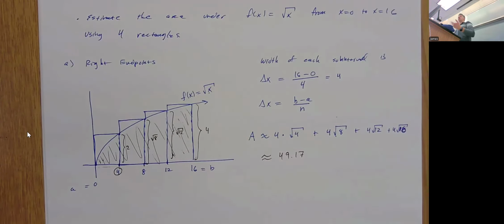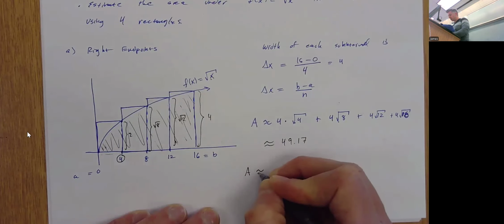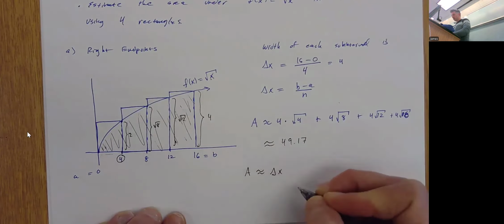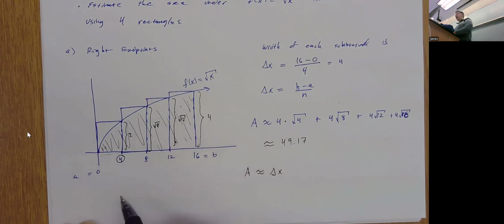In this case, it's clearly an overestimate because our rectangles are encompassing more area than the area under the curve. Let's talk about more. I should point out the general vibe here is that we would say that the area is approximately your base, which is delta x, times